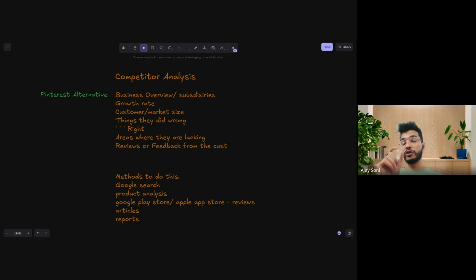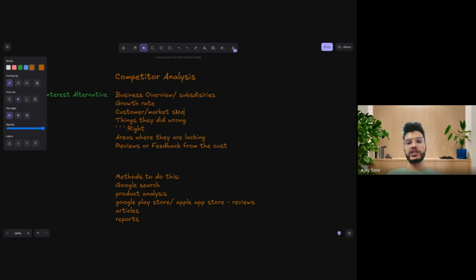Might be you are working on a very small thing that big products are having, right? So competitors are going to be there, of course, but it depends on whether we are able to reach them and find them. But let's assume there is no competitor, you are creating a product and you are the only one in the whole world for that product, so you don't have to do the competitor analysis. You might just have to understand the customer or market size only, right?